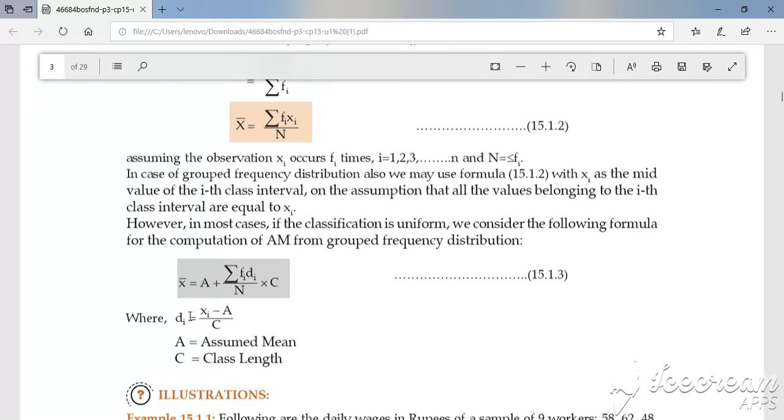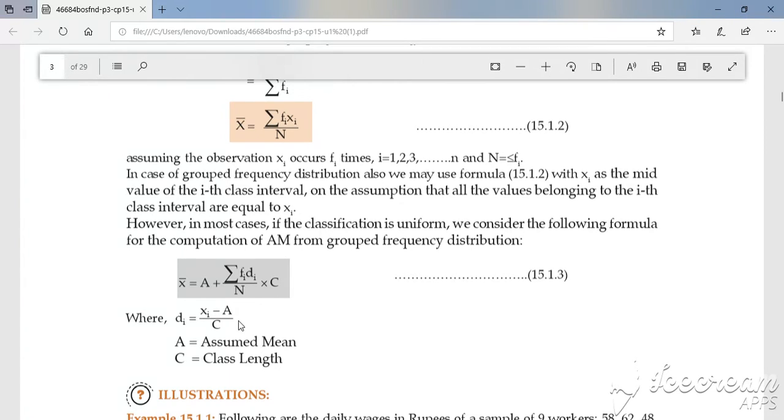So what is this di? Di equals xi minus a upon c. So what is this a? A is the assumed mean, and c is nothing but the class length. For example, let us consider your class intervals as 10 to 20, 20 to 30, and so many more are there, and